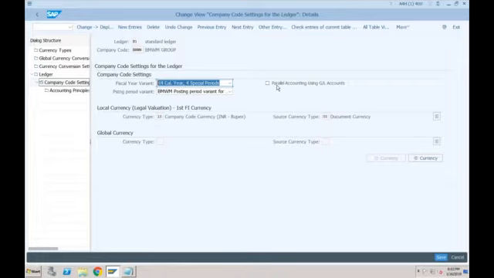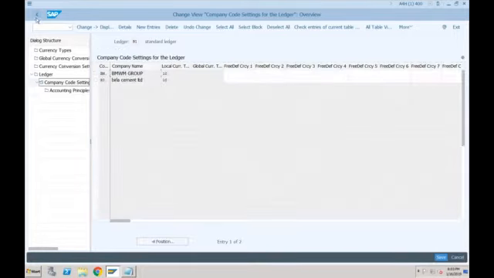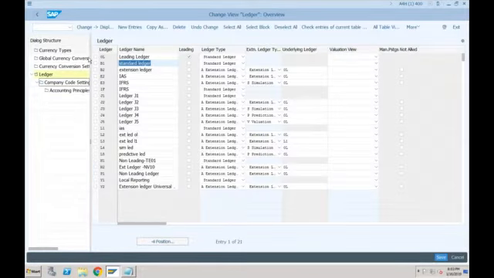Other ledgers will not even be created. This is a test system and somebody has created a lot of ledgers, but when you are actually migrating the system from classic GL accounting, you will not see any ledgers at all. It will just show you one single ledger, that is nothing but 0L.